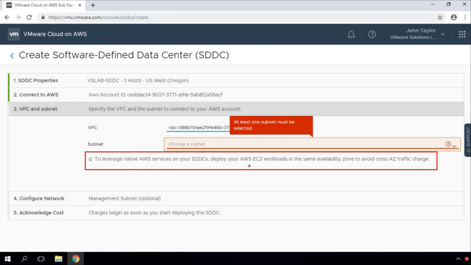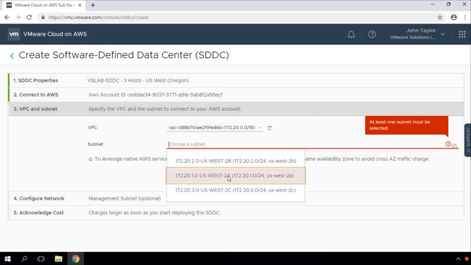What it means is that if you want to deploy that cross-VPC connectivity, which I just showed you in that diagram, and you have VMs that want to talk to the EC2 workloads, then please make sure that your native workloads and VMware Cloud on AWS SDDC workloads are running within the same availability zone so that we can avoid cross-AZ traffic charges. That's what it's all about.